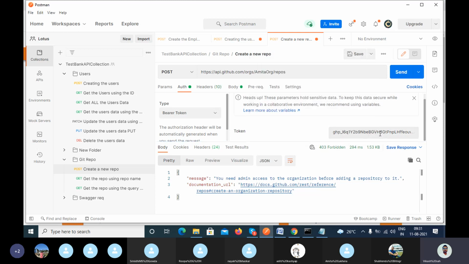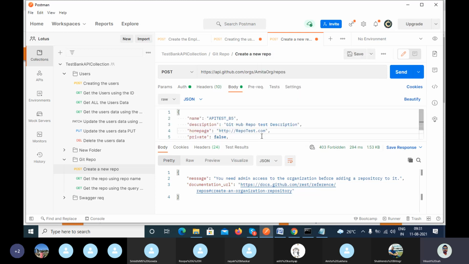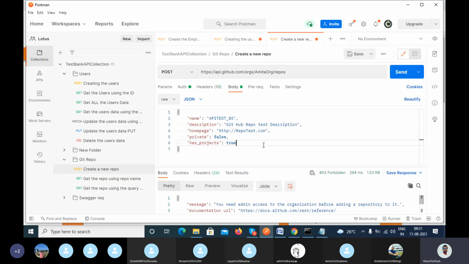But your token is correct, and what you are doing is trying to create a repository inside some other organization, which does not belong to me. This organization belongs to Amita's GitHub.